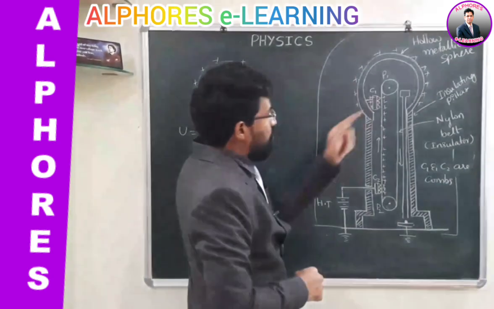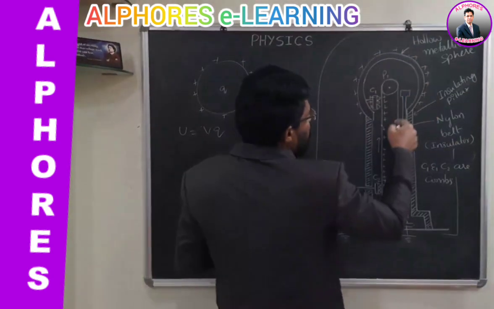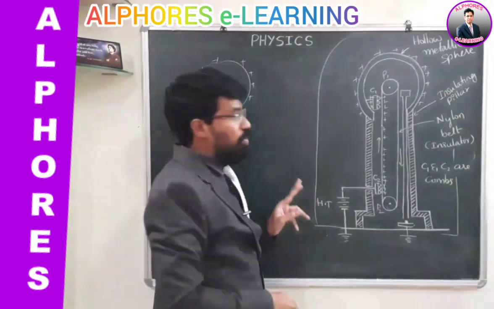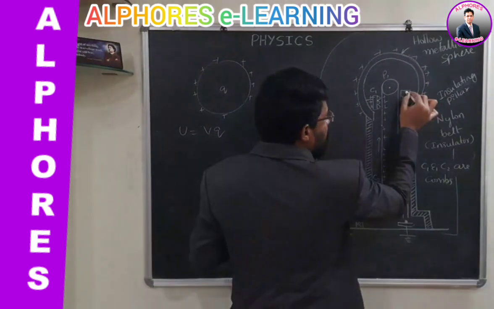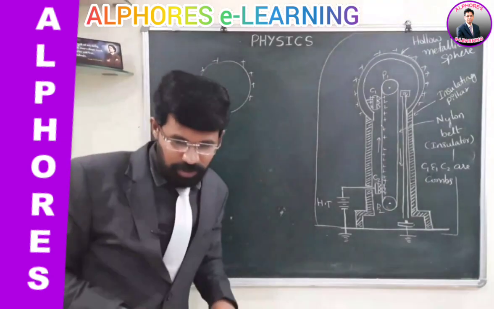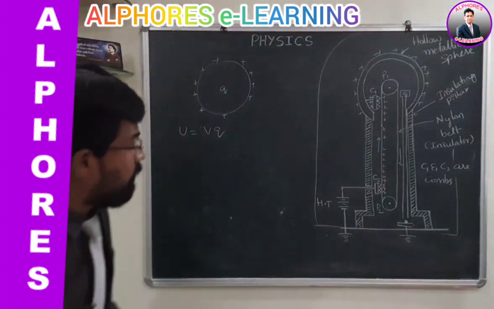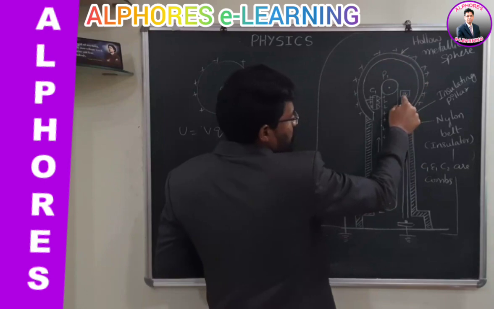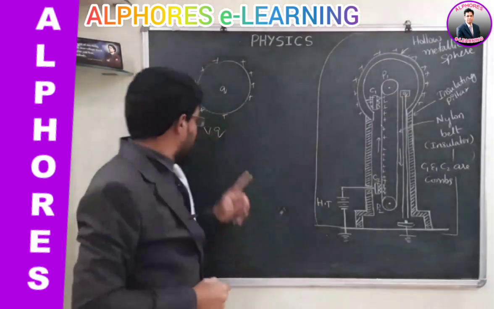Similarly here, let us come back to this one. Whatever hollow metallic sphere I have taken, now this is at a very high potential. I have placed a particle inside this chamber, whose charge is equal to small q. So now, because of this high potential, this one will have a potential energy, and that energy is equal